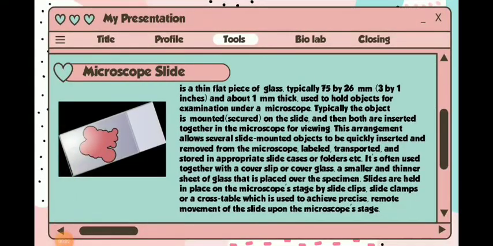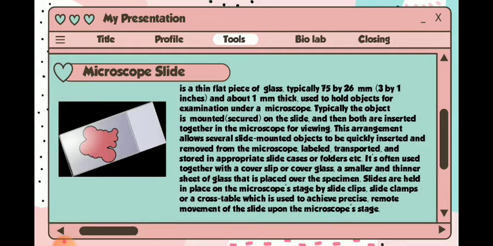For the third tool, we have the microscope slide. It is a thin flat piece of glass, typically 75 by 26 millimeter, 3 by 1 inches, and about 1 millimeter thick, used to hold objects for examination under a microscope. Typically, the object is mounted or secured on the slide, and then both are inserted together in the microscope for viewing. This arrangement allows several slide-mounted objects to be quickly inserted and removed from the microscope, labeled, transported, and stored